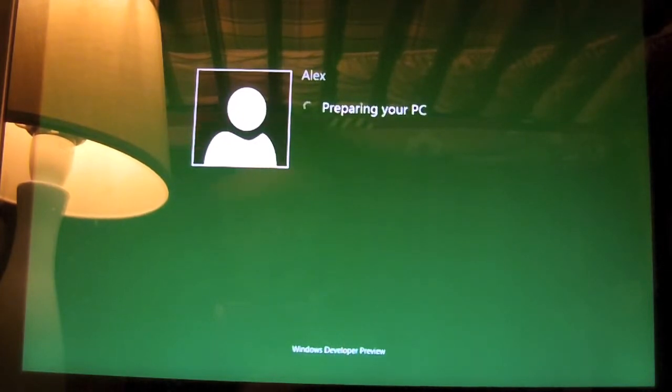But the logon screen looks a lot more simplified than previous versions. They haven't really gone with the fancy. Well, this is a developer preview, so it could change, but it looks as if they've just gone for quite a basic logon screen. But yeah,